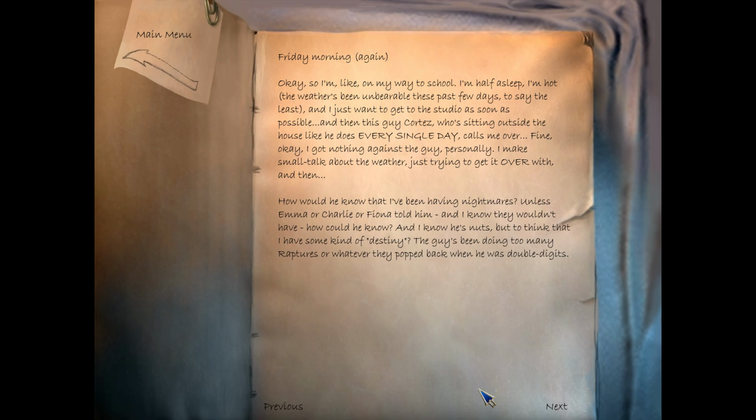Friday morning, again. Okay, so I'm on my way to school, half asleep, I'm hot, the weather's been unbearable these past few days, to say the least. I just want to get to the studio as soon as possible. And then this guy, Cortez, who's sitting outside the house like he does every single day, calls me over. Fine, okay, I've got nothing against the guy personally. Make small talk about the weather, just try to get it over with, and then,